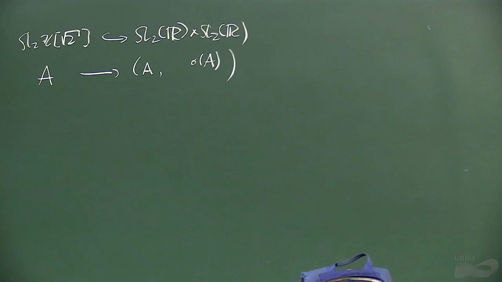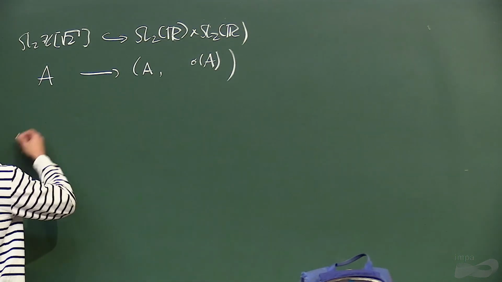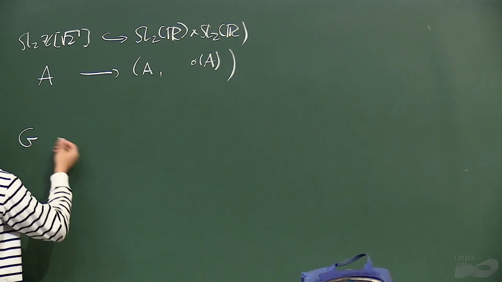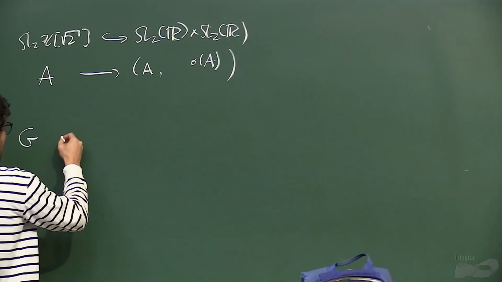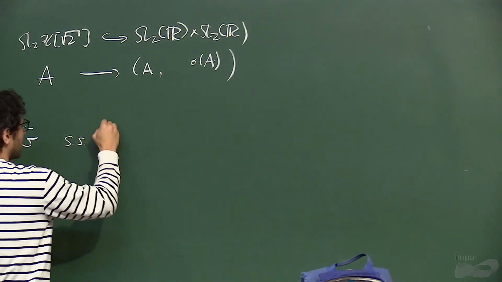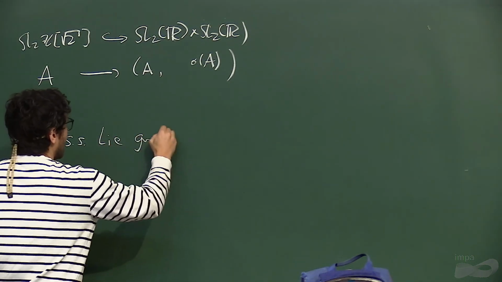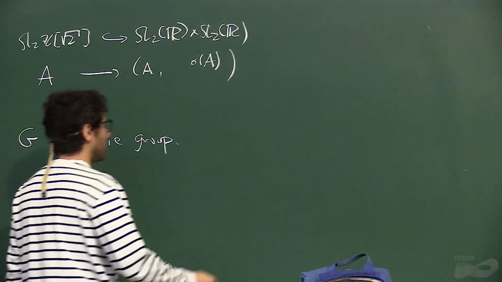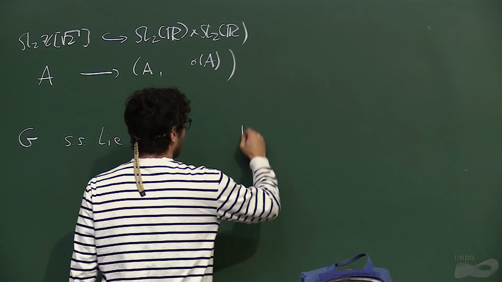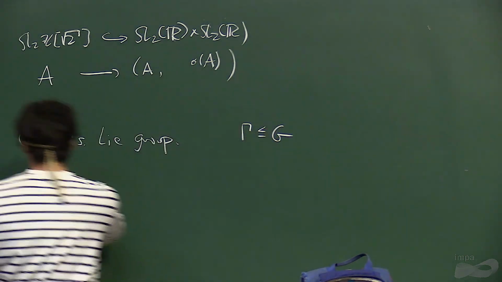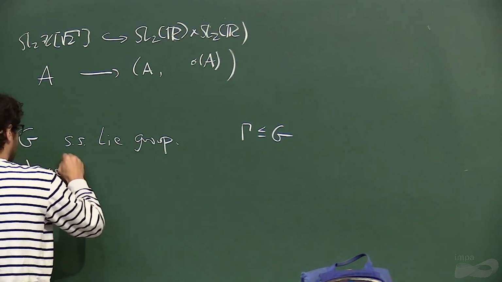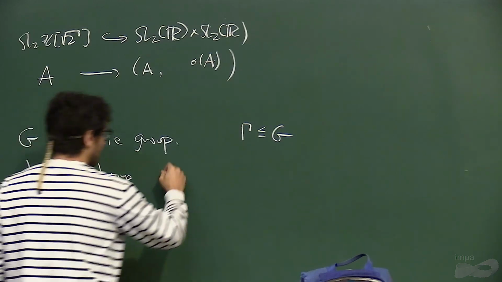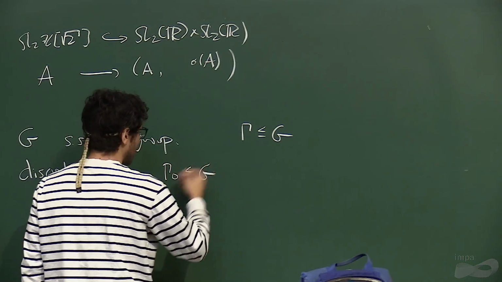The general question would be: let's say G is a simple or semi-simple Lie group, and suppose you have Γ, a discrete subgroup, and Γ0 a lattice in G, and